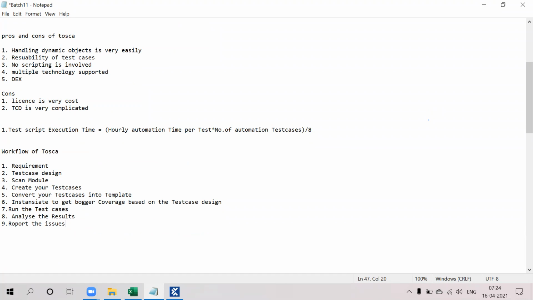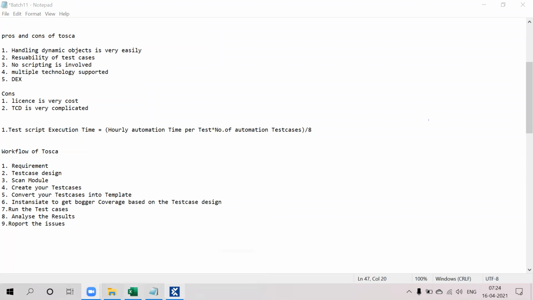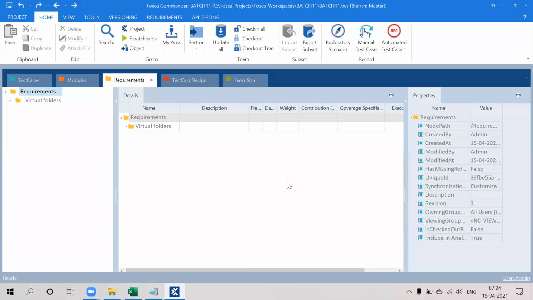Report the issues. So this is the basic workflow of Tosca. We will see one sample application. I just want to show you how Tosca will run your test cases. I will show you one sample thing.